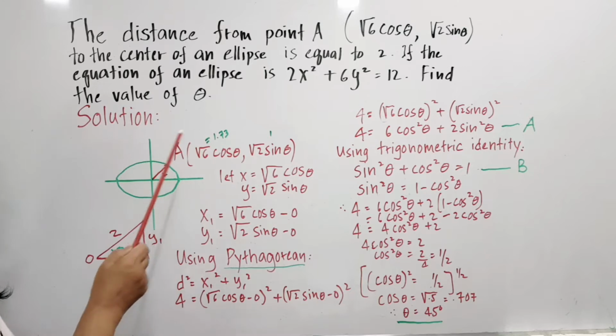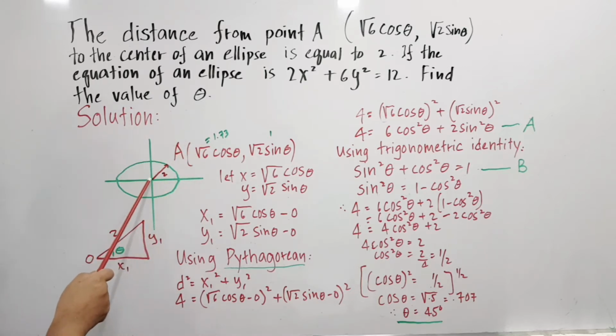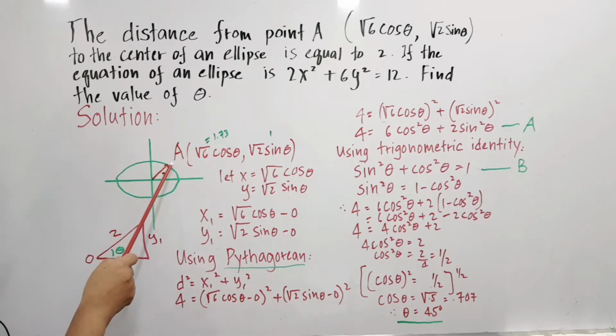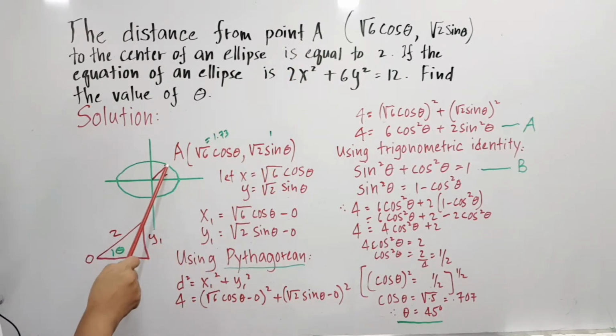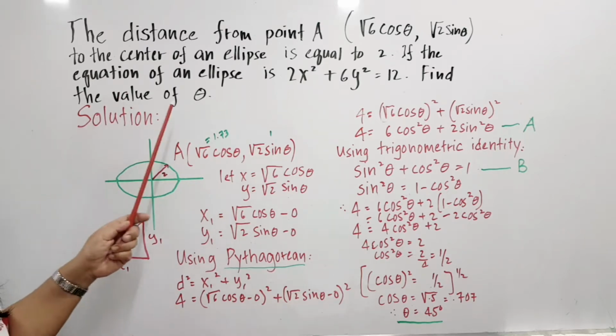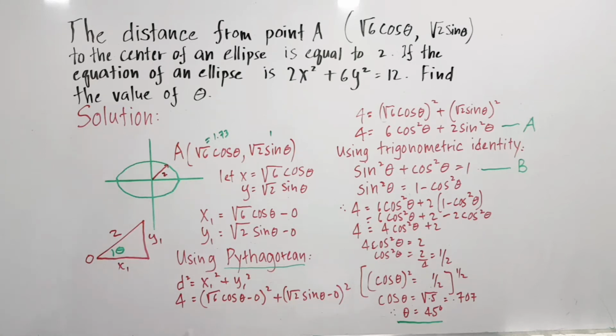Okay? And the distance from the center to point A, we will designate this one as point A. It is here. Point A is equal to 2. It's from the center of the ellipse to point A is equal to 2. Now, ang question dito, find the value of theta. Now, here, from this, the rough sketch I made,